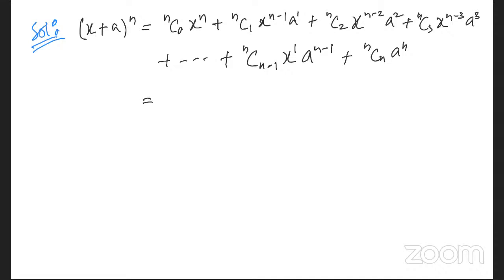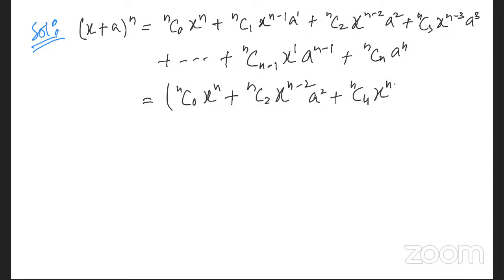So this is equal to, we'll take the even terms, say nC0 x to the power of n plus nC2 x to the power of n minus 2 a square plus nC4 x to the power of n minus 4 a to the power of 4 plus so on, and then plus